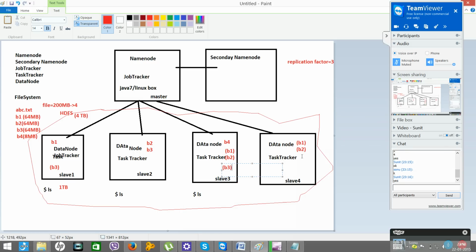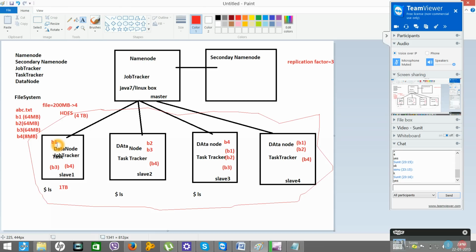B4 is stored here, so we'll store B4 here, and here also. Now if you see, B1 is stored here, here as well as here. B2 is stored here, here as well as here. B3 is stored here, here as well as here. B4 here, here and here.